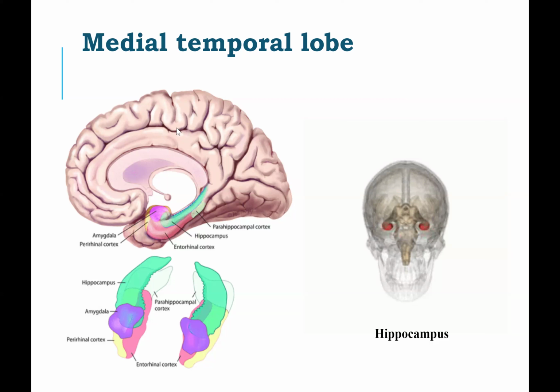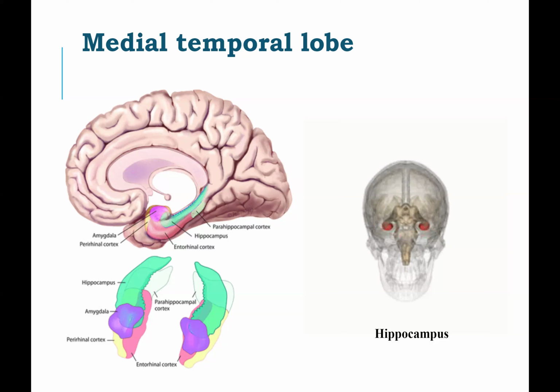So hippocampus is in the medial temporal lobe. Medial temporal lobe is pretty much in the center of the brain. Basically the cortex goes around it, and it's a much older set of brain areas. Also, it involves a little bit of the cortex. For example, if you have parahippocampal cortex here, a lot of input to the hippocampus comes from the parahippocampal cortex. So it's in a cortical area.